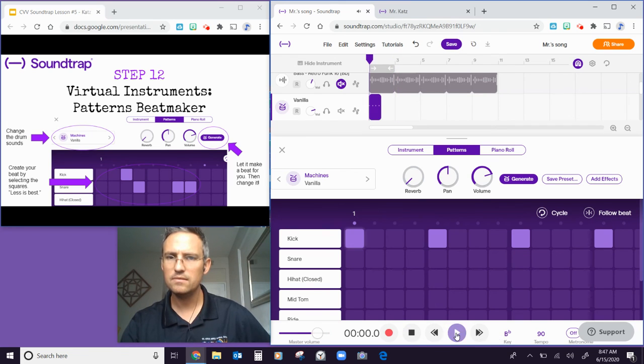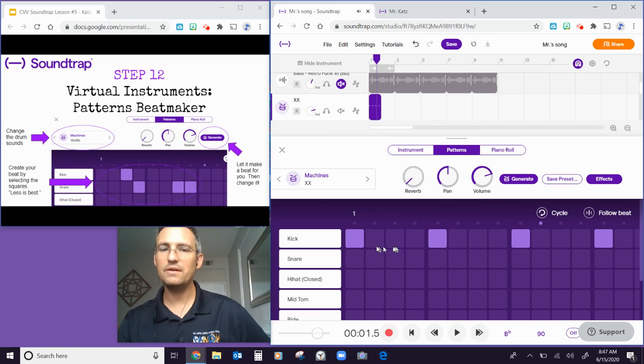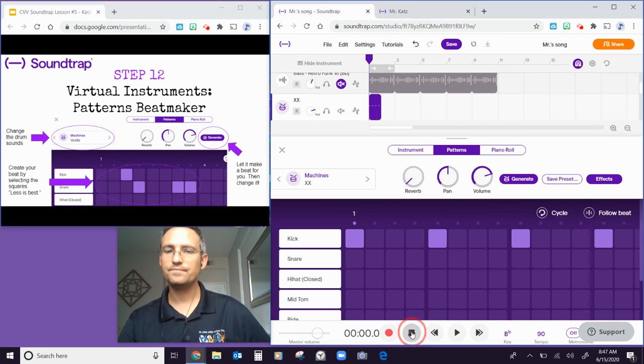Go back to the beginning. So now you can hear that that's a very electronic sound versus, hopefully, a totally different electronic sound. I like it a little bit better. So I'll try this kit, and then